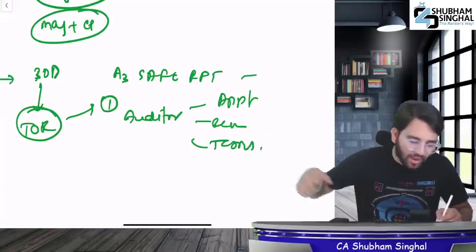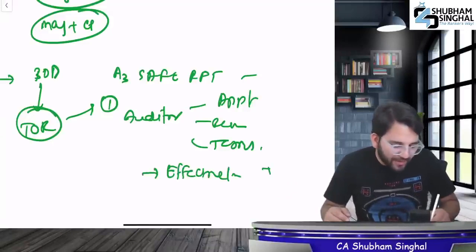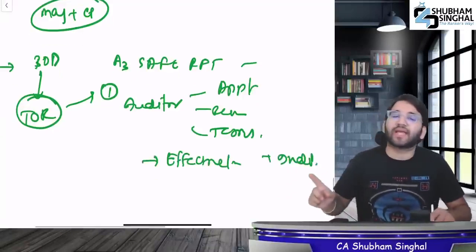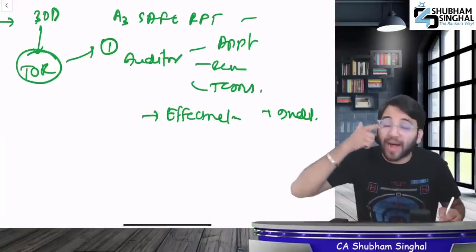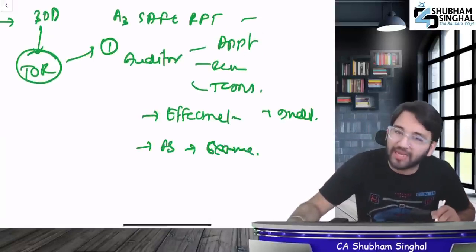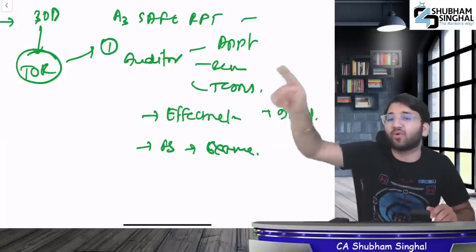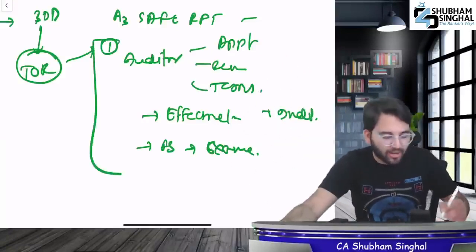Once the appointment has been made, who is going to check whether the audit is being carried out effectively or not, and whether the auditor remains independent or not? The audit committee. And when the report on the financial statements is given, who will examine it? The audit committee will examine it. I had explained that appointing the auditor and making sure his job is done. These 3 are responsibilities of the audit committee.